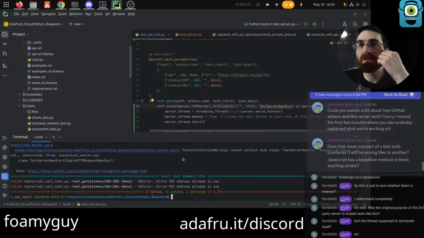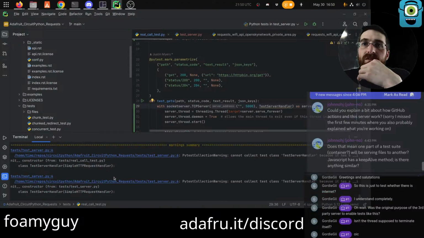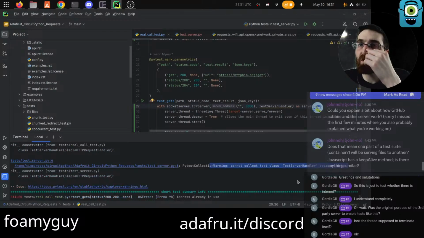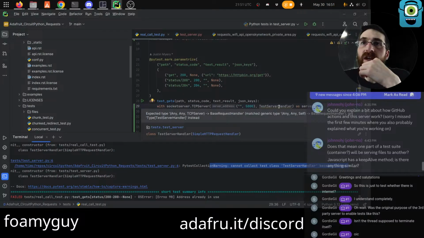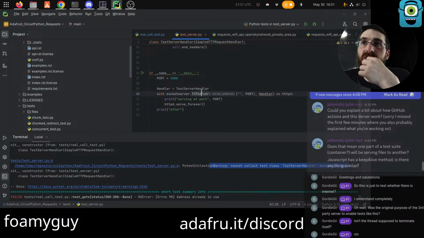Is this... So did it try to run the server and fail, or did it fail to import the server? I think we have the wrong type of thing here, maybe, because this is Socket server, TCP server. No, that's the same.